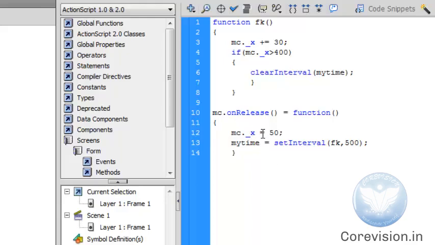Okay, so whenever we will click on this box, at that time this function will be execute and it will set the x position of this box at 50, and then this fk function will be execute every after 500 milliseconds. Okay, means 0.5 seconds, and each time its x position is increased by 30 value, and whenever it is on 400 value, at that time this moving box will be stopped. Okay,